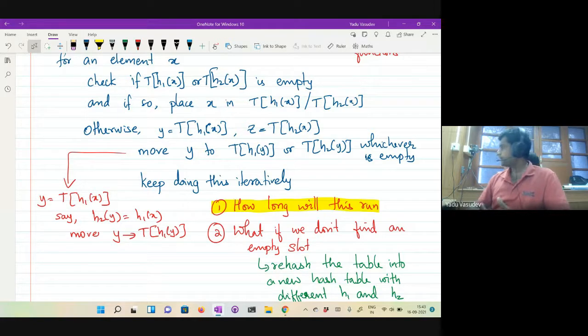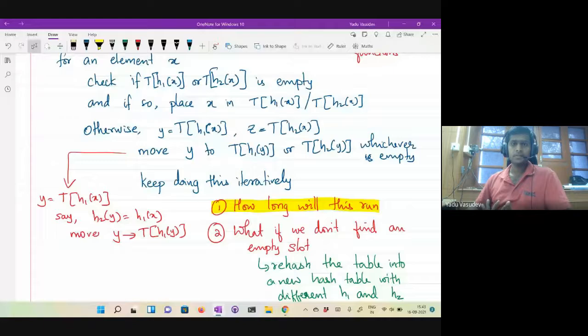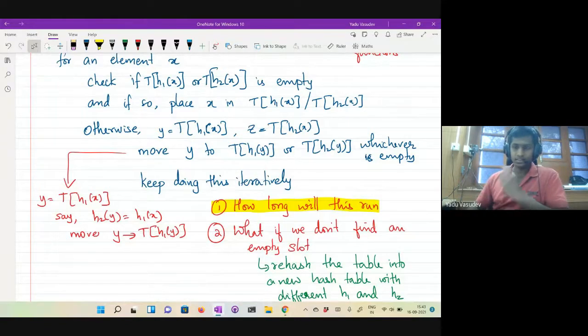The name comes from this process. The cuckoo is supposed to be a bird which goes and lays its egg in another bird's nest and then throws out the eggs that are there. That is typically how the bird cuckoo is portrayed. So this is that, and this seems to be doing something like that. You go and try to place an element into one of the bins. If it is full, you just throw whatever is in there and ask it to go and find a different bin, and you keep doing this. That is how the name cuckoo hashing comes. Any questions regarding this hashing strategy?